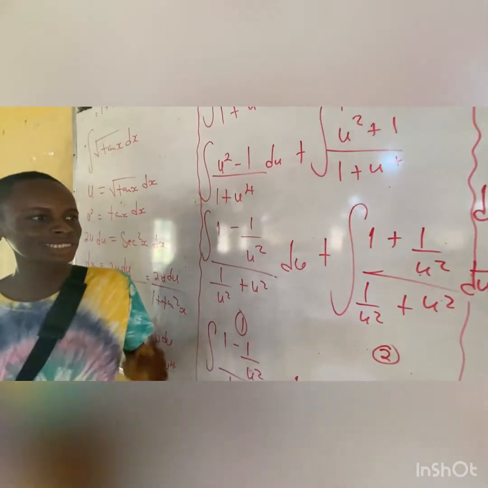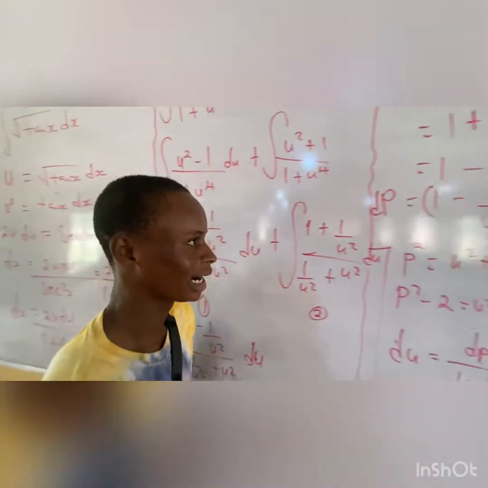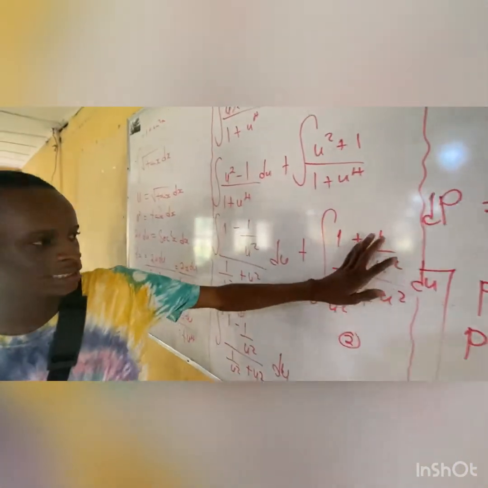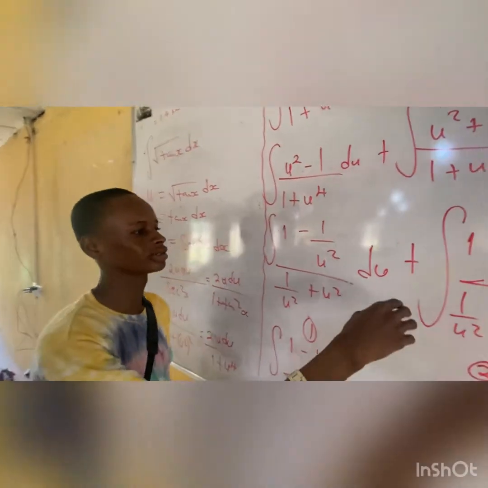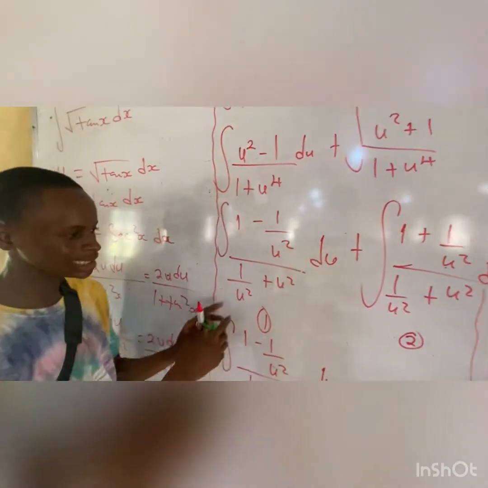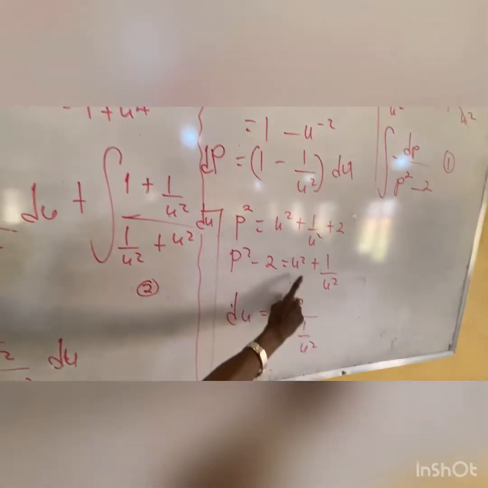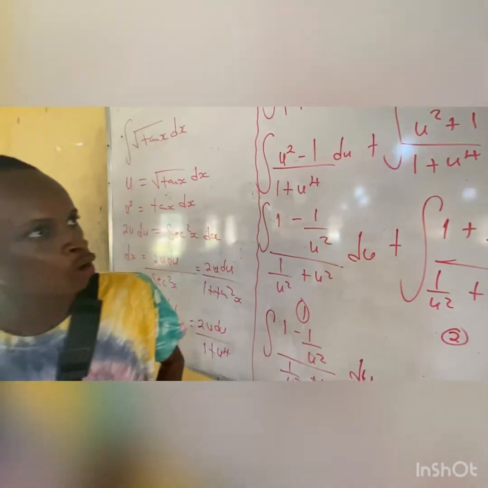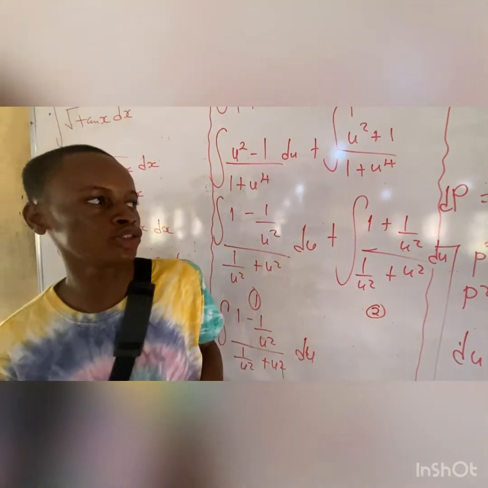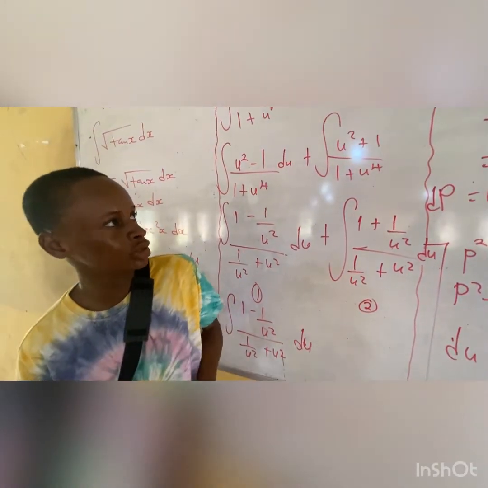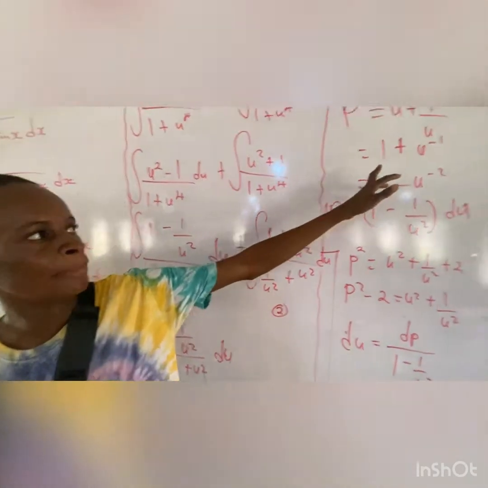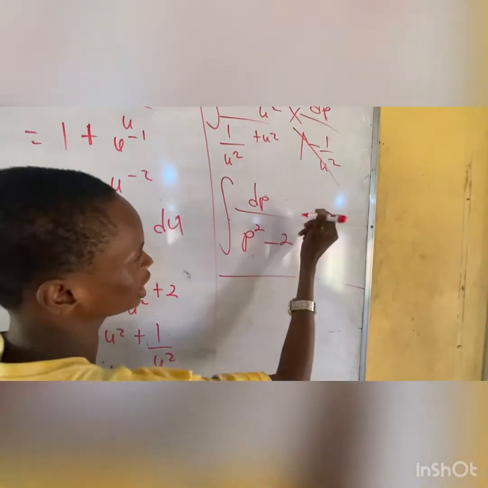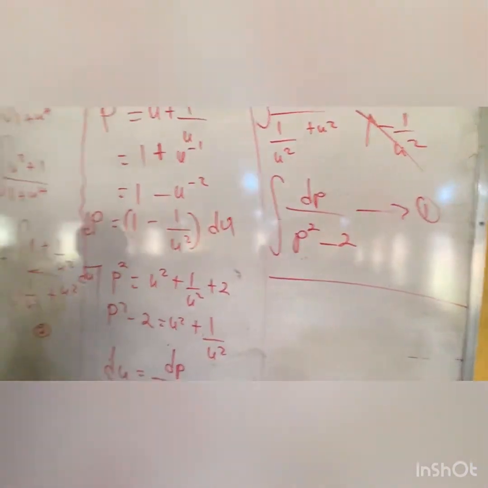You understand? Now let's pick the second integral. Let's have this in mind. This is the first integral as well. Now let's move back to the second integral. If you look at the second integral, you see that 1 plus 1 over u, we made p equal to u plus 1 over u. So definitely from the second integral, okay, let's use different variables, we will use q is equal to 1 minus 1 over u. So let's say this is equation 1.